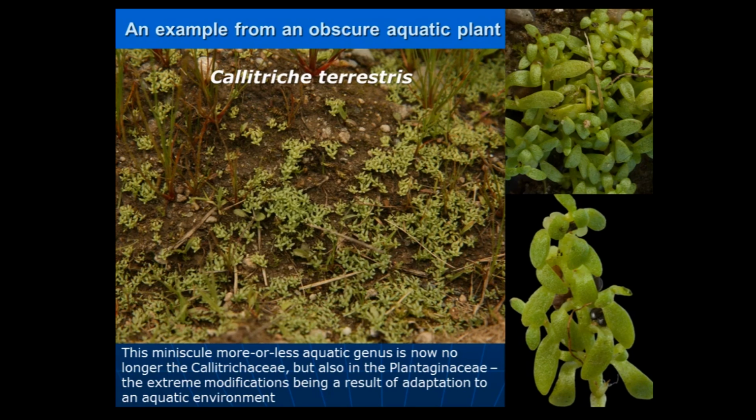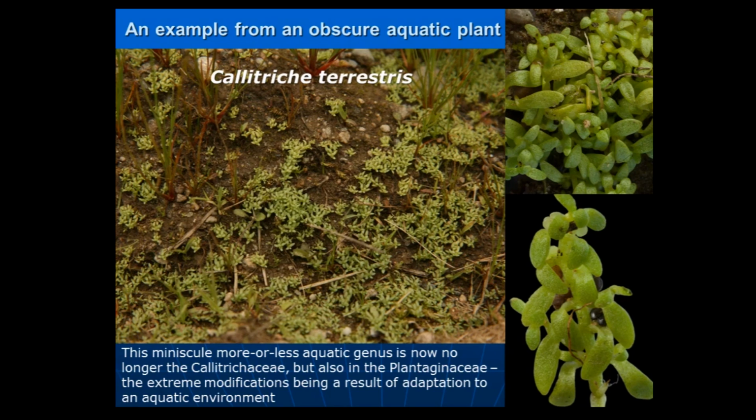Callitrichaceae, here's the smallest one. Man, it is so small, it looks like a little tiny seedling. But when you get down in there, there's the flowers. Nobody's going to write home about that. There's the stamens, there's the pistil, and they develop these weird two-lobed fruits. You've got to get really close. We used to put this in the Callitrichaceae, but it turns out it nests right into the plantains, and these